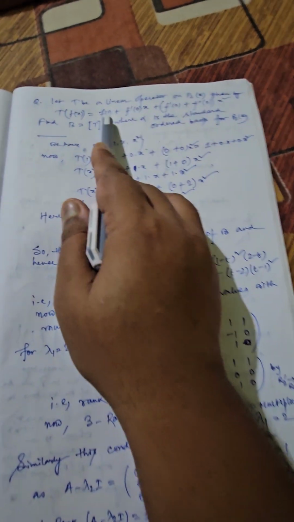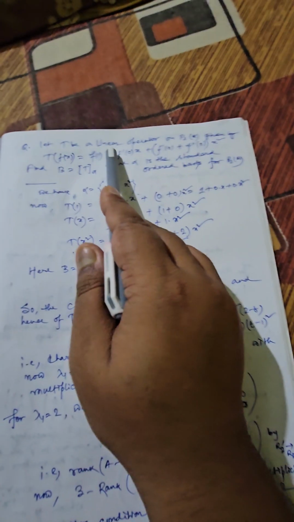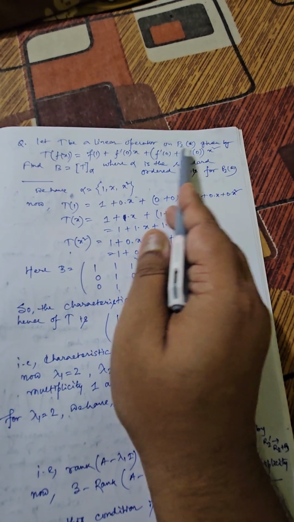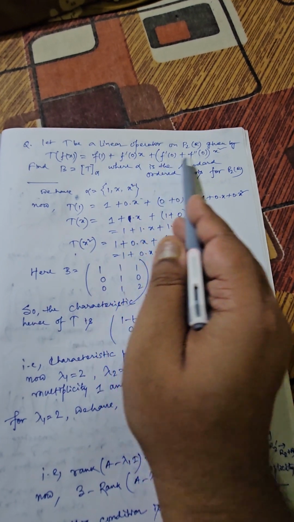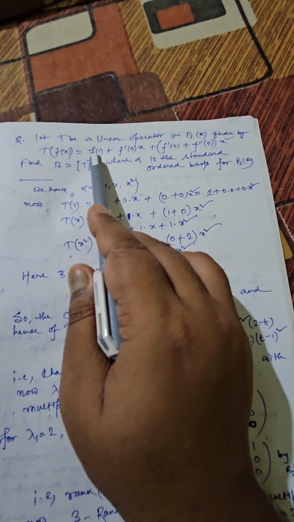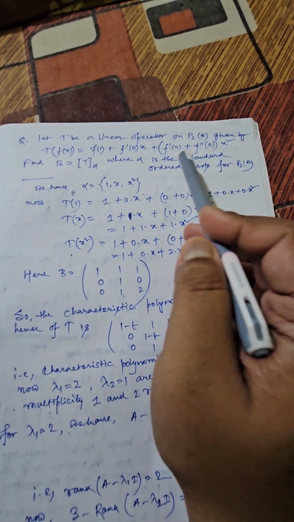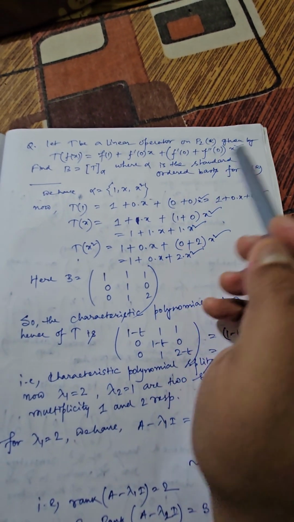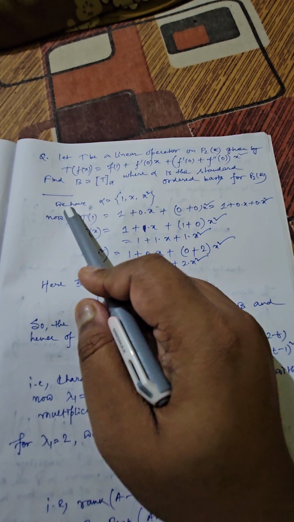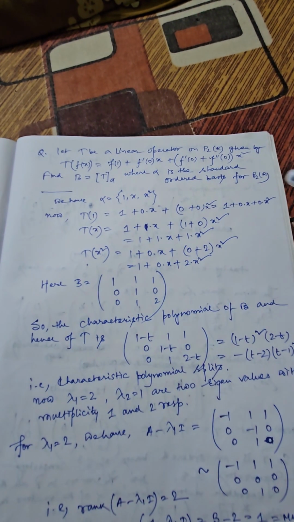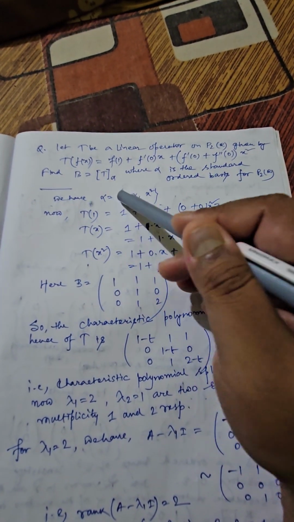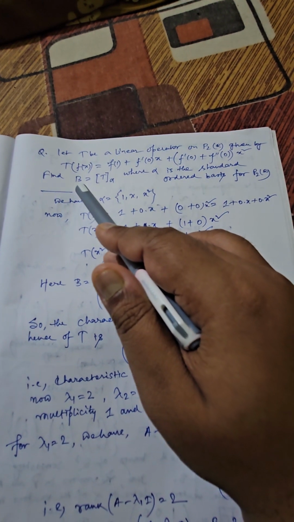So here you can see in the second question I have written, let T be a linear operator defined on P2(R) given by T of f(x) equal to like this. You can observe the structure: f(1) plus f'(0) x plus, within bracket, f'(0) plus f''(0) into x square. Now what you have to find out? You have to find out initially the matrix B, which is obtained by means of this linear transformation T,